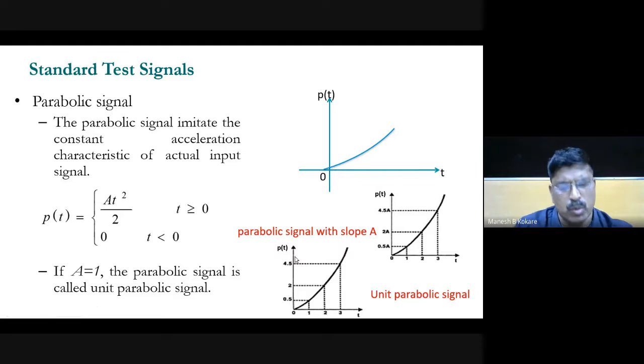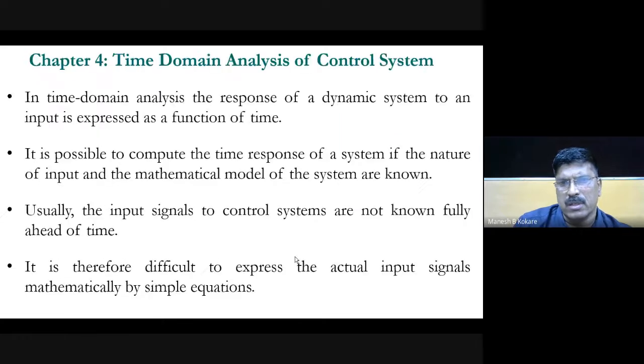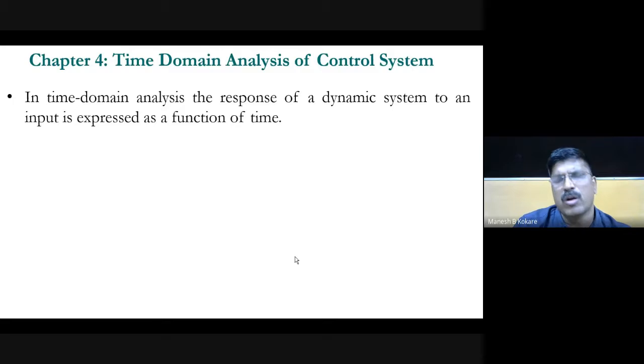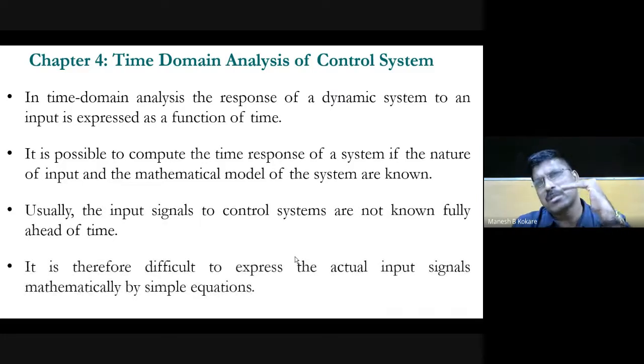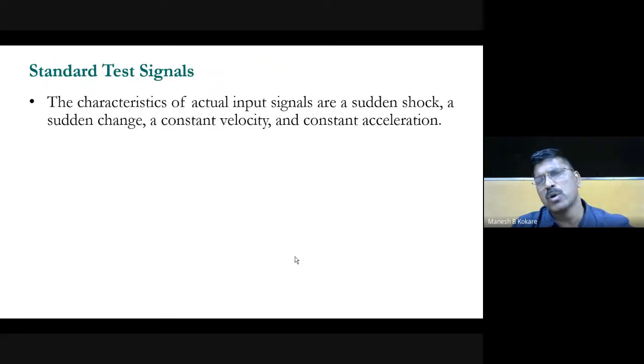So I hope you have understood the 4 standard test signals which are used. Why are they called standard signals? Because they represent sudden change or sudden shock, or constant velocity and constant acceleration, which we would like to test our system for. Sudden shock is imitated by the impulse signal, sudden change by the step signal, constant velocity by the ramp signal, and constant acceleration in the electrical system by the parabolic signal. So you can test those systems in a laboratory with these signals,